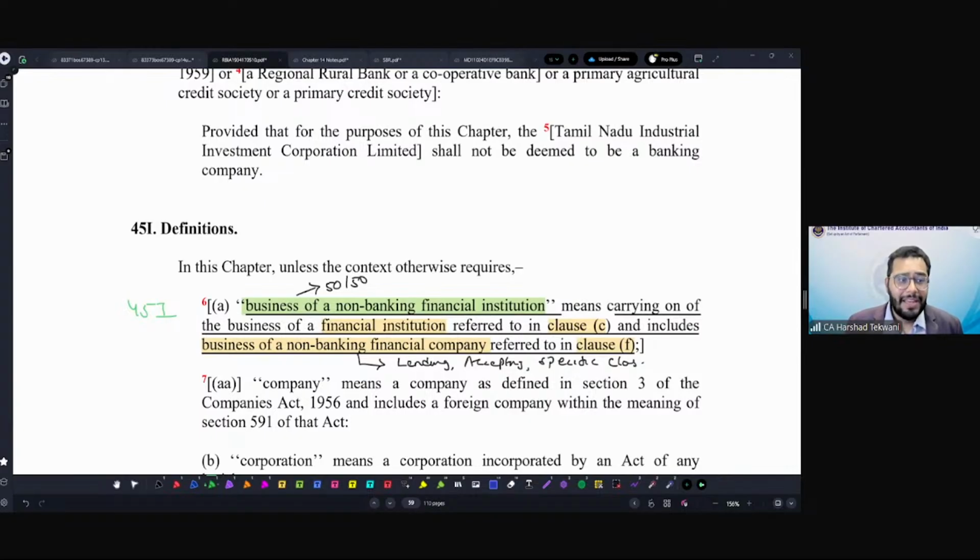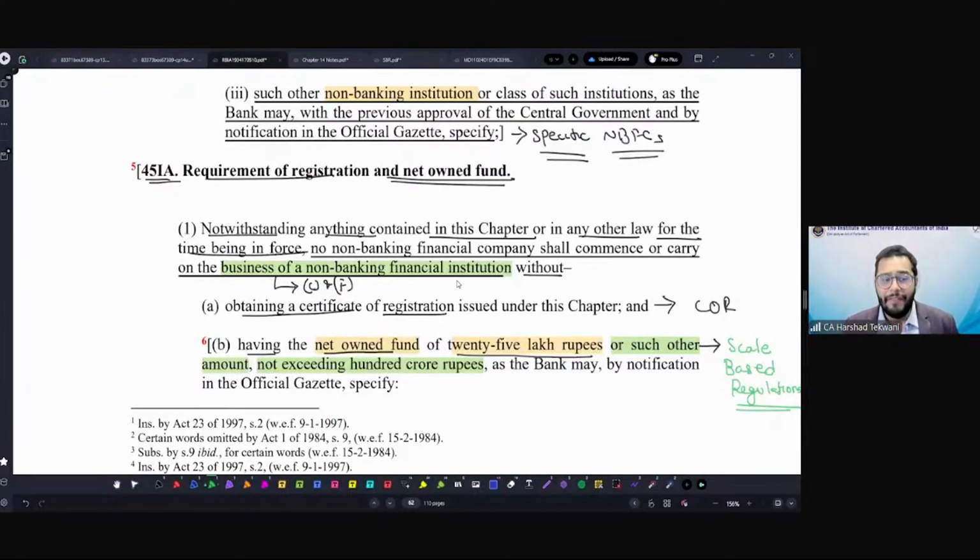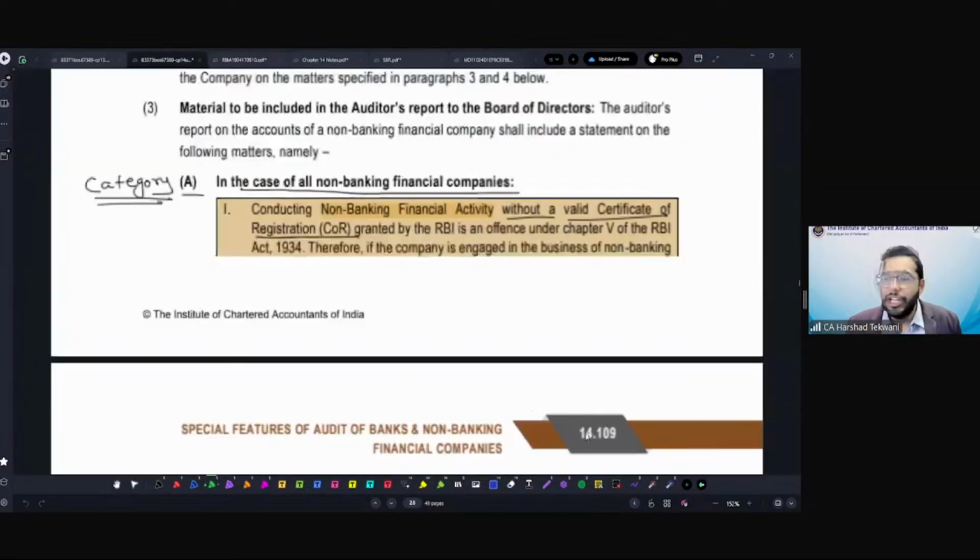We also discussed in section 45IA that the business of a non-banking financial institution, defined under 45A, that is (c) and (f) again, should not be done without obtaining a valid certificate of registration. That is the same reporting requirement that is coming over here: whether conducting non-banking financial activity without a certificate of registration, as specified under section 45IA,